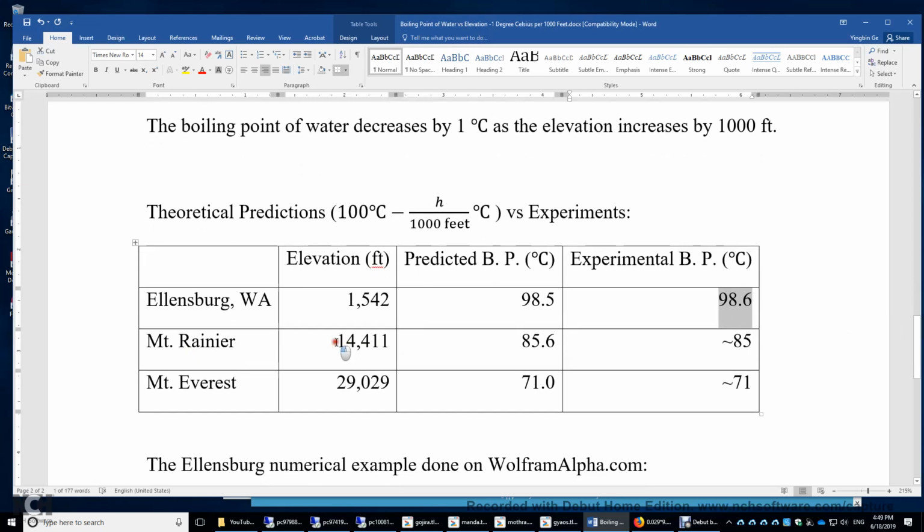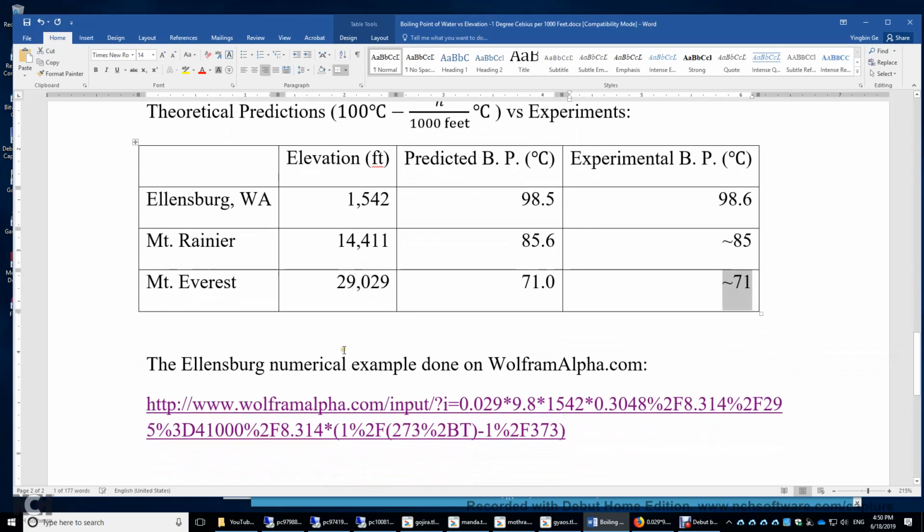On top of Mount Rainier, the boiling point of water is 100 minus 14.4, so our prediction is 85.6. Roughly it's 85 degrees Celsius. How about Mount Everest? The elevation is 29,000 feet, and then the boiling point is 100 minus 29, so our prediction is 71. And well, indeed, the boiling point of water on top of Mount Everest is roughly 71 degrees